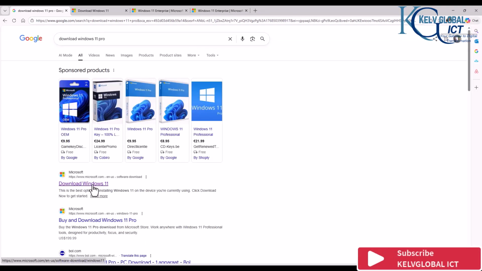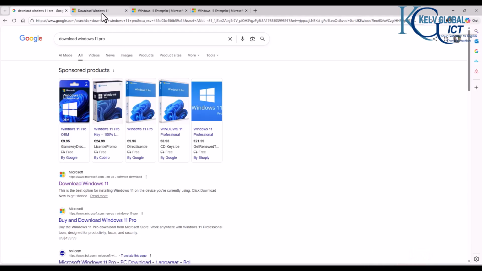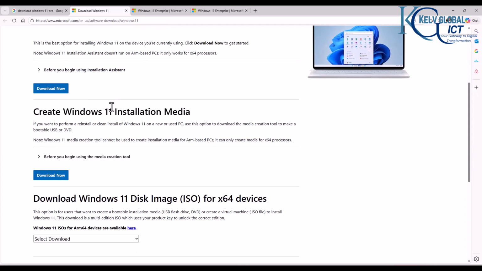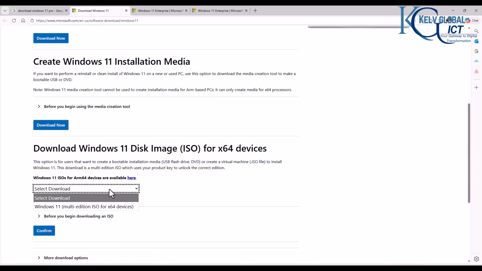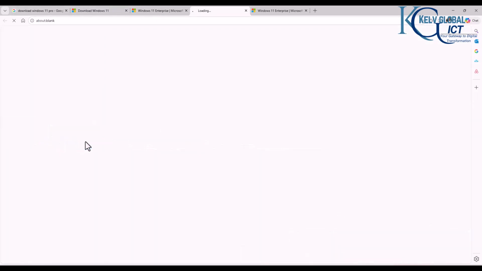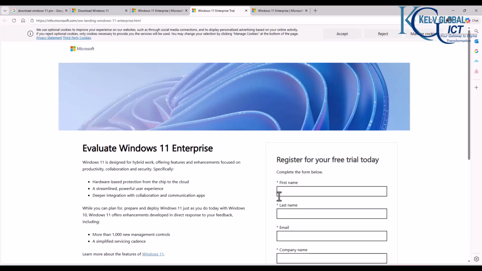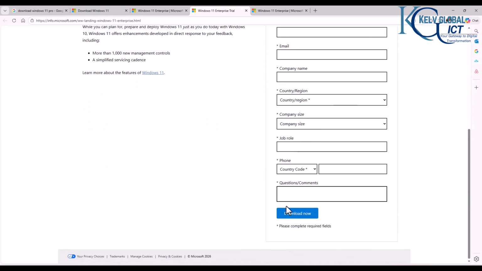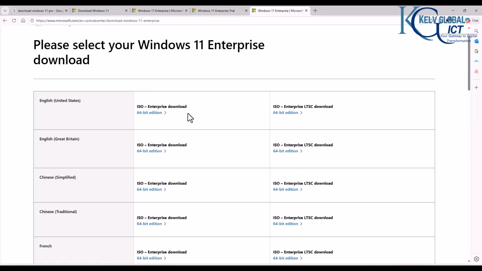If I click on this link, which is the official website of Microsoft, to download Windows 11 Professional, it's going to take me to this site where I can download the Windows ISO image. For example, I can say I want to download Windows 11. It's going to be ISO 64-bit. So what you need to do is click download. Then it's going to take you to where you fill in all the required info. After you fill in the info and click download, it's going to take you to this page where you need to download the version you require to follow along with this practice. So just click download the English version, which is the 64-bit, and after downloading it,